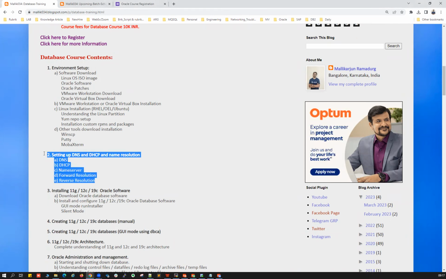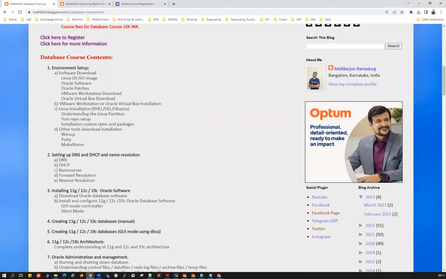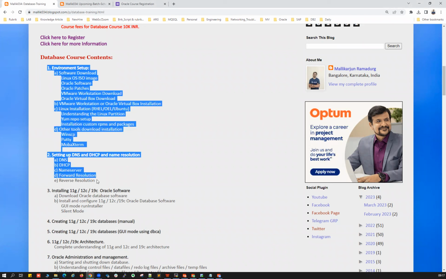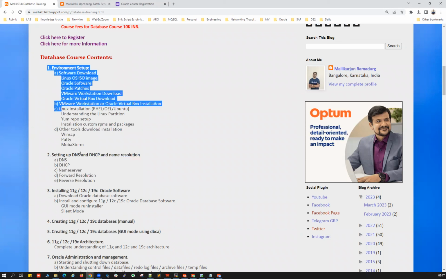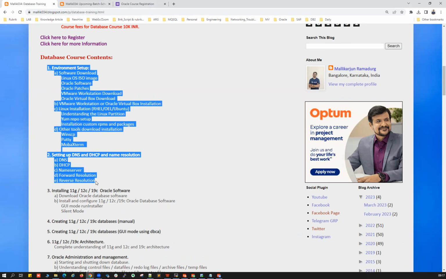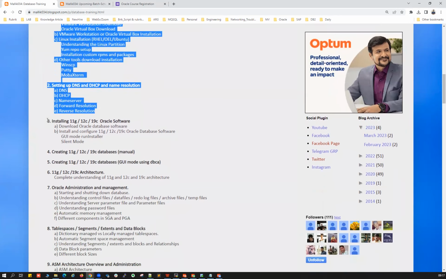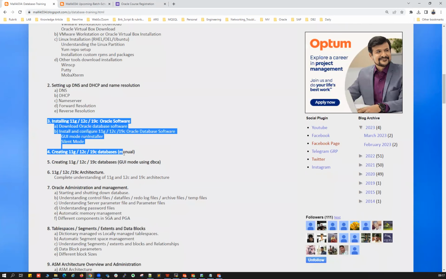Okay, so that's the second topic we're going to cover, networking, because being an Oracle DBA, understanding the basics of networking and Linux administration is mandatory. So that will be covered along with the course, and also some other basics at the beginning of the course. These two topics include your networking and Linux setup and some of the basic admin tasks, followed by chapters 3, 4, and 5.